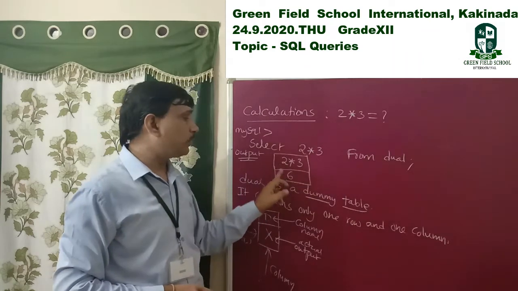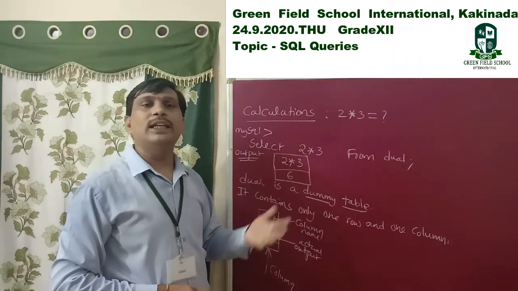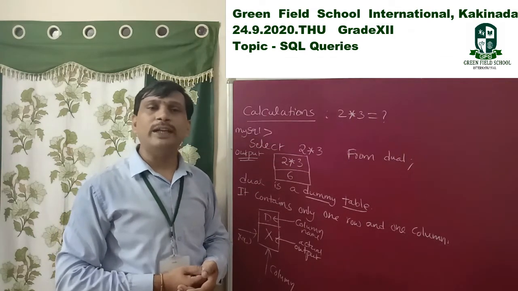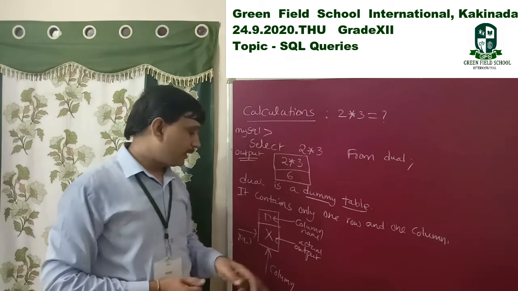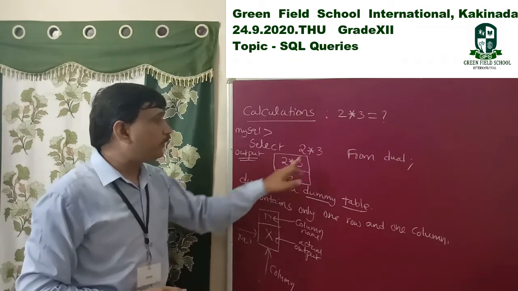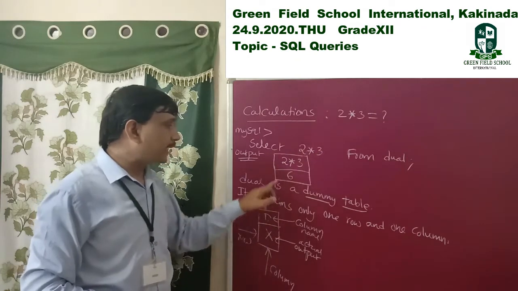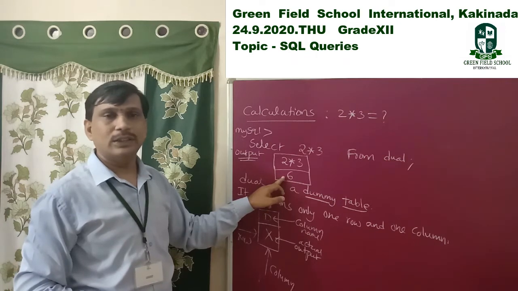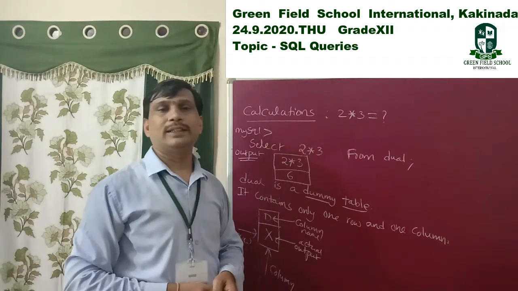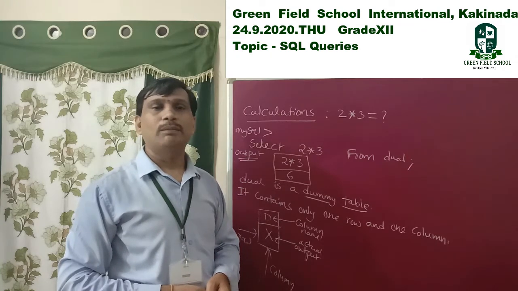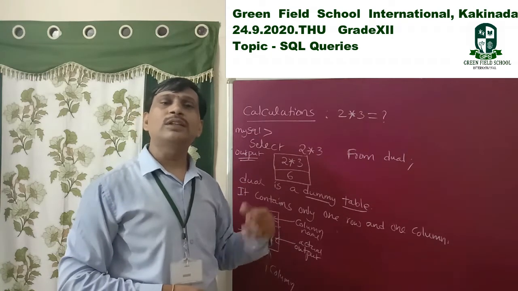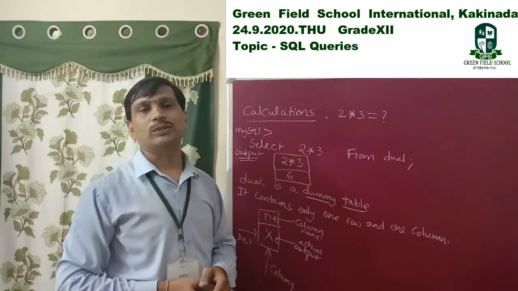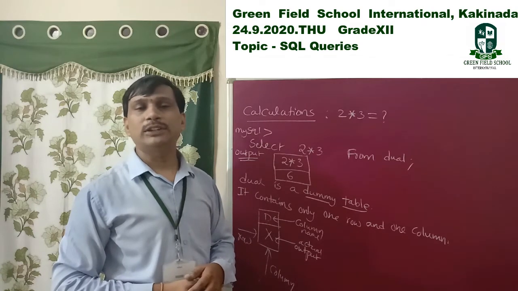Here we use the same thing displayed in the previous example, but without specifying any DUAL table. In the previous example, it displays the same output, single row, single column, without specifying DUAL. Here we specify a table name with a rough or dummy table, that is dummy column name X. Here as the column name I specify 2 into 3, and X means the calculation for 2 into 3 is calculated, and it displays the output 6. So in this way we calculate expressions by using the DUAL table, or without specifying any table also. So the SELECT command is used for calculation purposes also, not only to display tables' data.